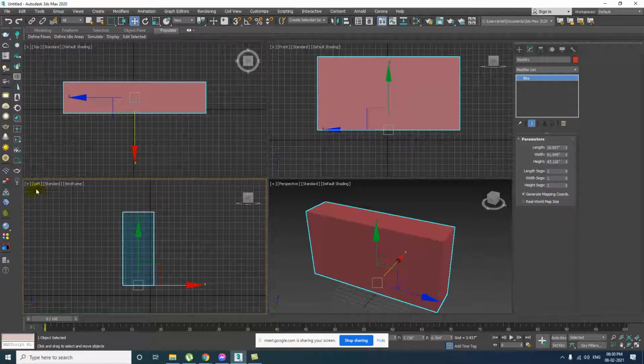See, now my left viewport is activated, and my object is still selected. Now I will press F3 and my object turns to solid color. Yes, F3.